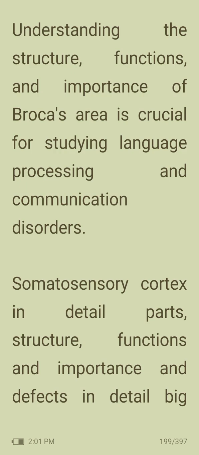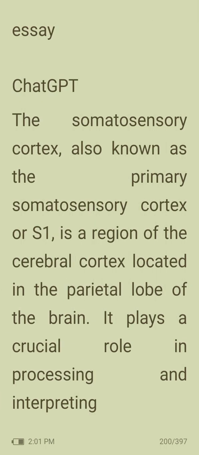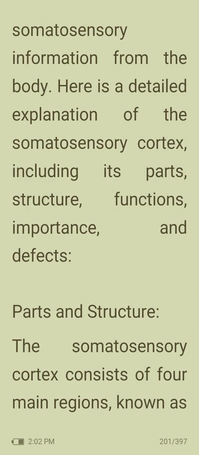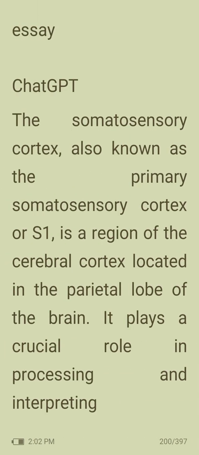Then somatosensory cortex. Next portion, somatosensory cortex, which we will be learning with the help of the next video. Somatosensory cortex or S1 is a region of cerebral cortex located in the parietal lobe of the brain. It plays a crucial role in processing and interpreting somatosensory information, which we will be learning with the help of the